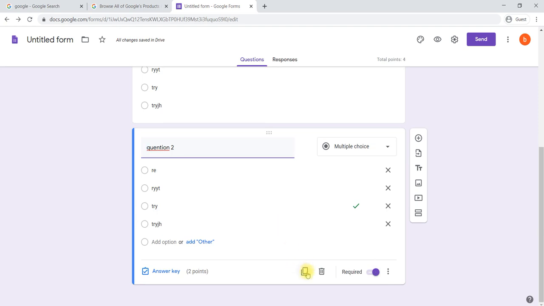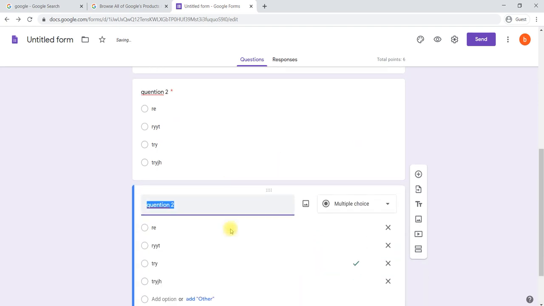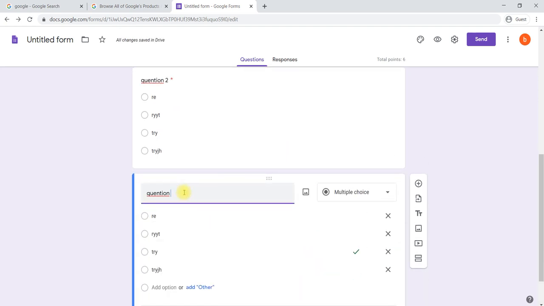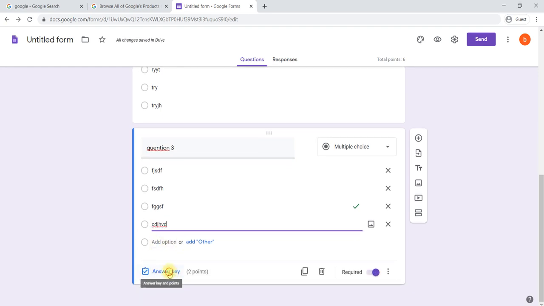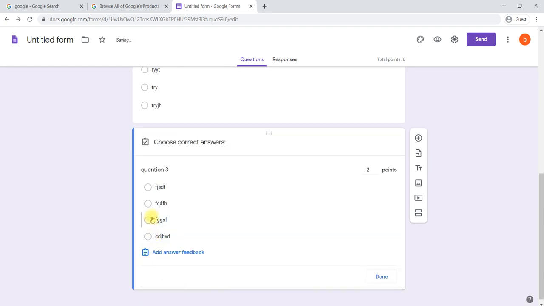Again I will copy the question, question number 3. I will give different answers here for question number 3. Then the answer key: I think this is the answer for this one, and only 1 point for this particular question.